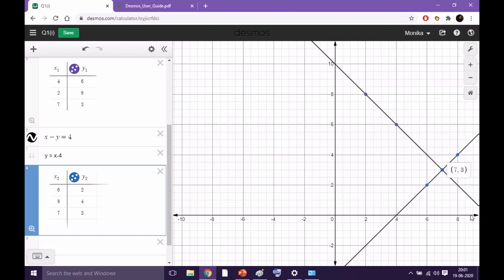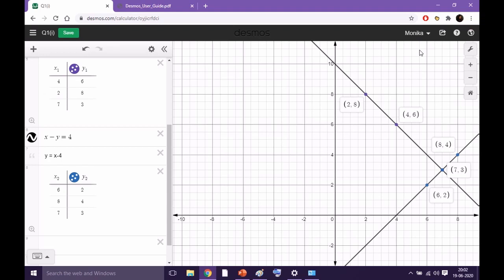And in the graph we will mention these x's also. This is the positive x-axis, this will be the negative x-axis, here it will be positive y-axis, and here it is negative y-axis. We will mark all these points also. So this point is 6, 2, this is 7 and 3, here it is 8 and 4, then it is 4 and 6, and this is 2 and 8. We will write down the equation also, which line is representing which equation. So I will write that also. This line was x plus y is equal to 10, and this was x minus y is equal to 4.